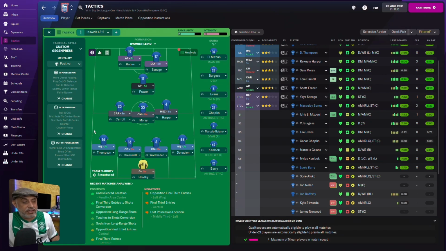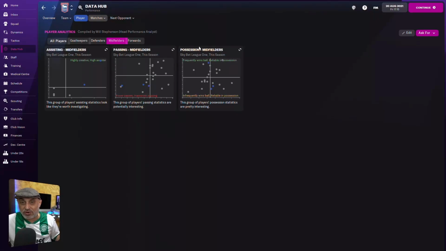So looking at this tactic, I'm expecting Carroll to have good key passes. I'm looking at Harper to create good key passes. I'm also looking at the wingbacks to generate good key passes. If they can't generate a lot of good key passes, then perhaps my players aren't good enough versus the opposition that they are playing against. Before the data hub becomes active, we can tell if a player is generating key passes just by having the right kind of panels in our in-between match highlights. Then once the data hub is available, I can always go to the player analytics, find midfielders, add assisting midfielders,